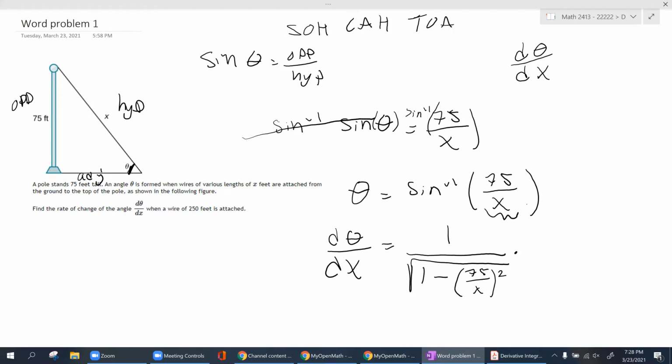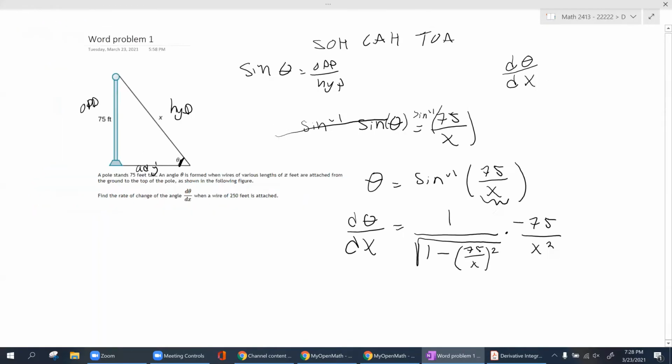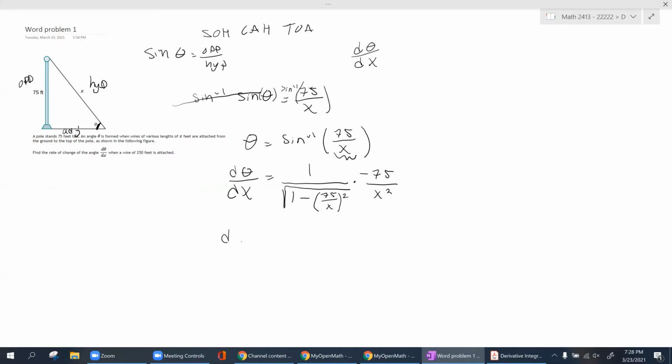The derivative of 75 over x, we determined, is negative 75 over x squared. Let me clean this up. So I get d theta over dx is equal to 1 over the square root of 1 minus 75 squared over x squared, times negative 75 over x squared. Now that you've taken the derivative,